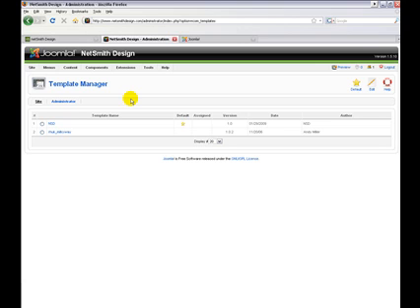Once there, you can see here that we currently have two templates installed. The first one is our Netsmith design template. Our second one is a default template that comes free with every Joomla install. It's called RUHK Milky Way, authored by Andy Miller. And if we want to change to that particular template, all we need to do is to select it, click on the default icon, which changes the template that's going to be used,